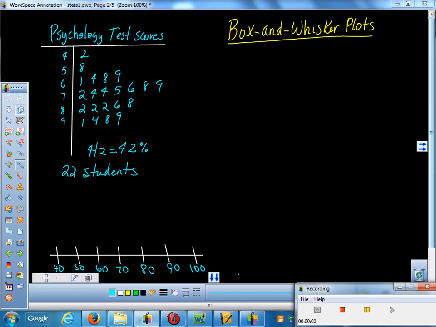Another type of graph that we like to use to model our statistics is the box and whisker plot. And if you recall, the box and whisker plot is all based on finding quartiles for your data. I have here a set of psychology test scores